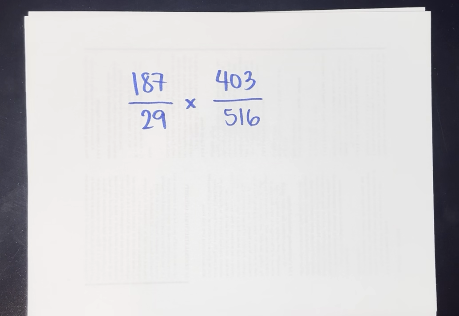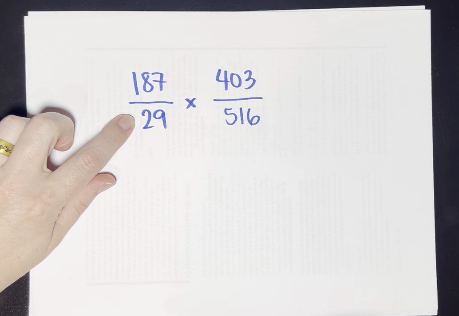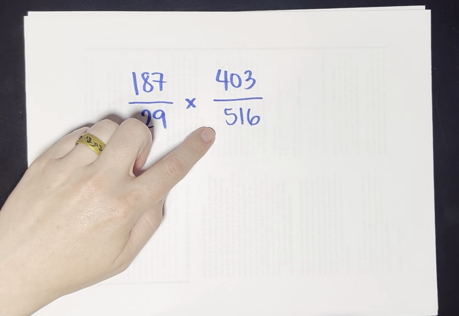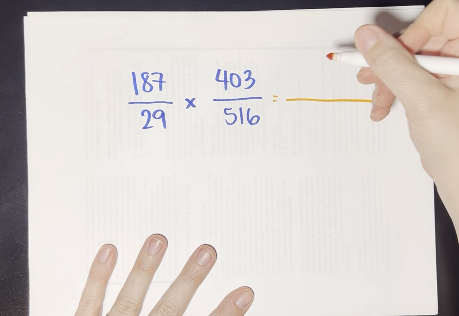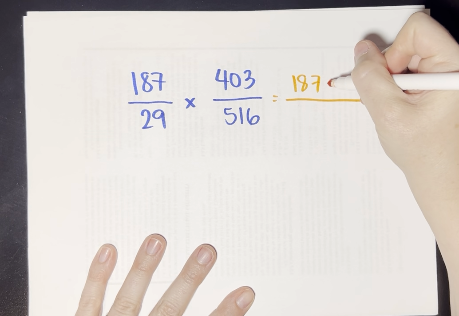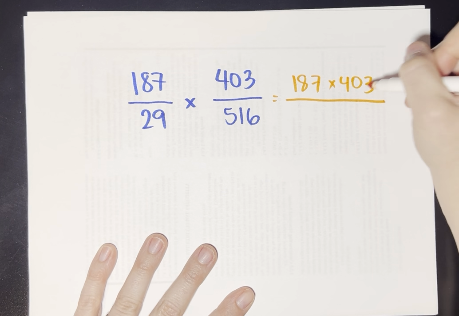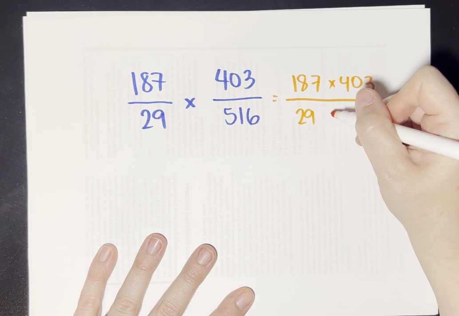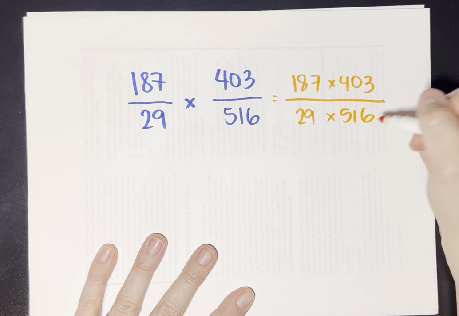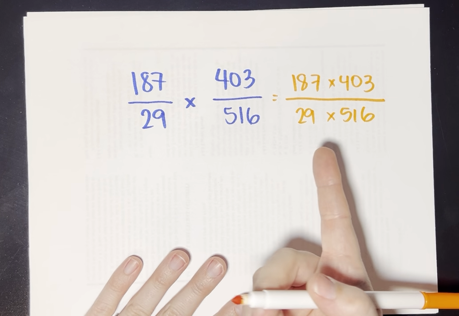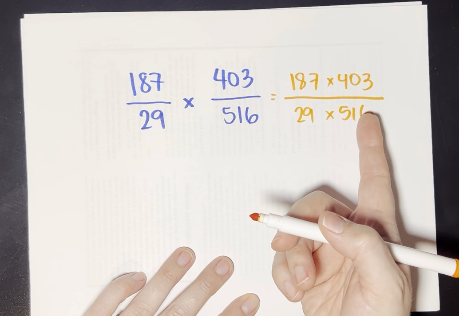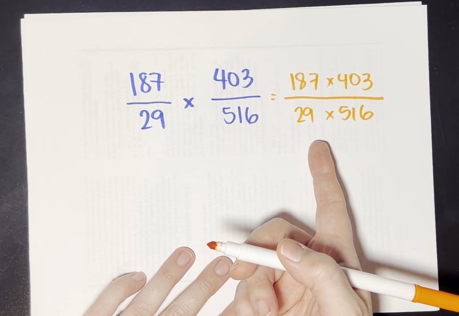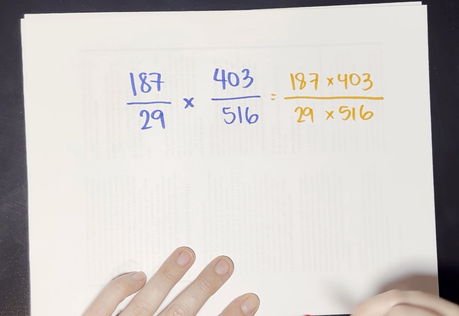This one will be a little bit more strange, but here we want to take 187 over 29 and multiply by 403 over 516. So the rule is still the same. I'm going to take 187 times 403, and I'm going to take 29 times 516. Now this problem could potentially get a little bit easier if I tried to factor these numbers. Sometimes simplifying these numbers can get a little bit easier if I know what the factors are,